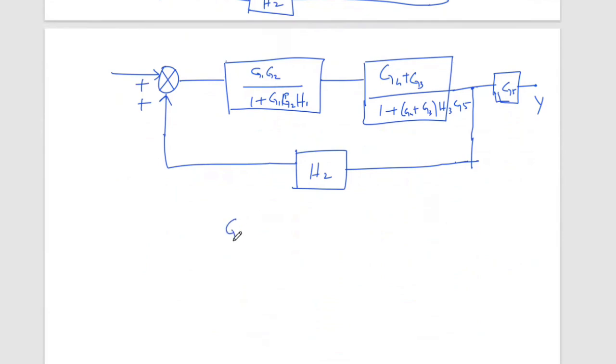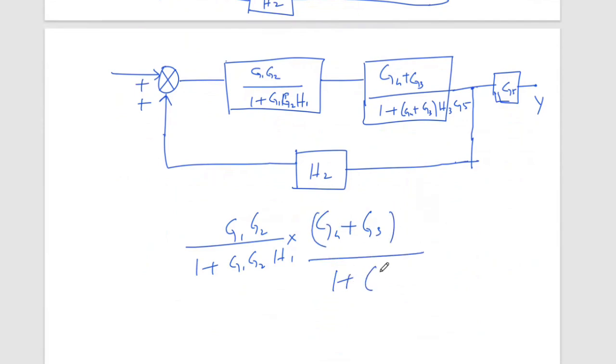So numerator will have G1 G2 by 1 plus G1 G2 H1 into G4 plus G3 by 1 plus G4 plus G3 into H3 G5, divided by